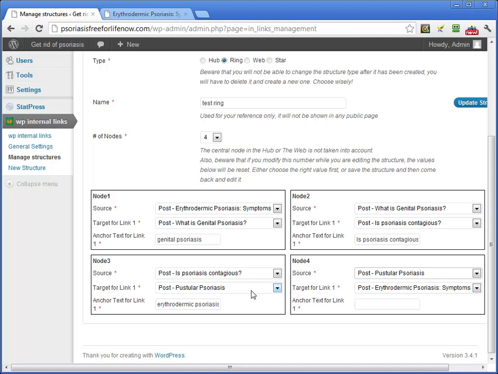But as you've seen, when we change the number of nodes from 3 to 4, it didn't automatically create this node 4, remove the target link from node 3 and move it to here so that it closes the ring to node 1. You have to do that manually,